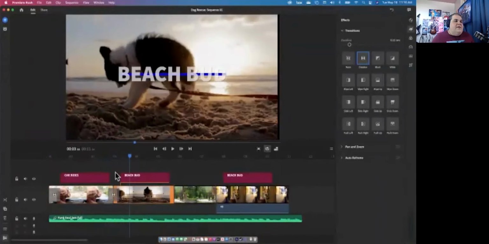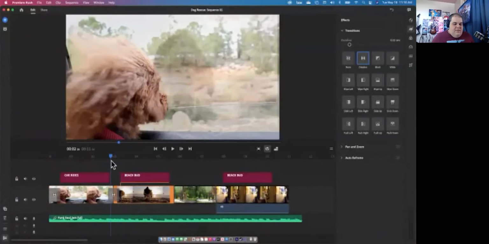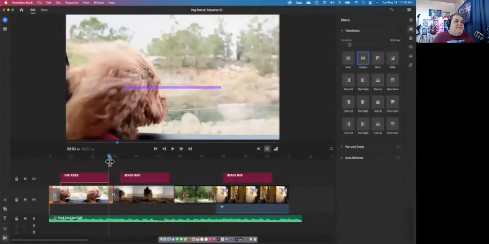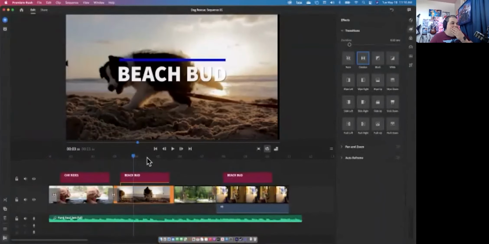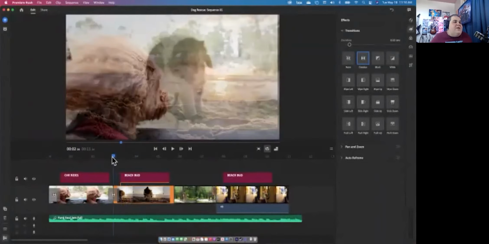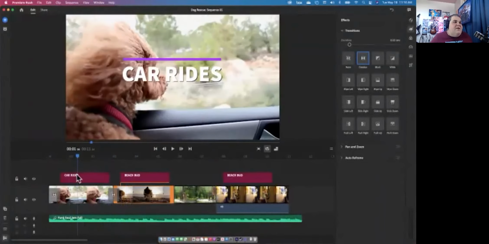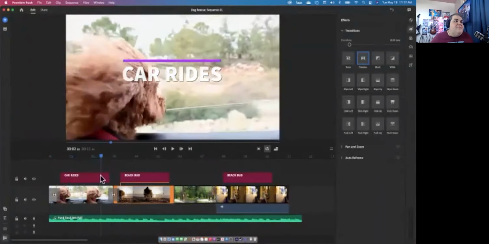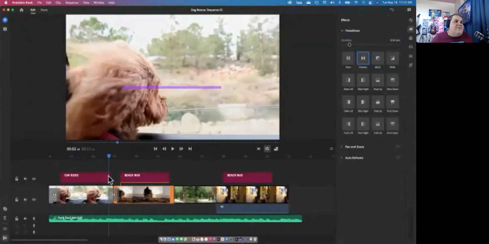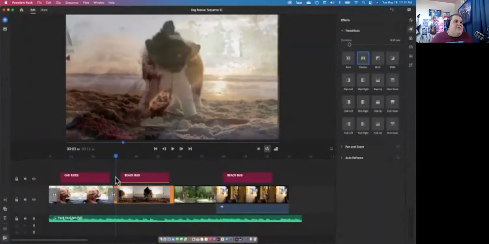And you see how it fades one in as the other one fades out. That's great for allowing you to quickly change your scenery in a way that makes sense. You don't have to use transitions for things, but this is just a nice soft transition. Make it look nice and